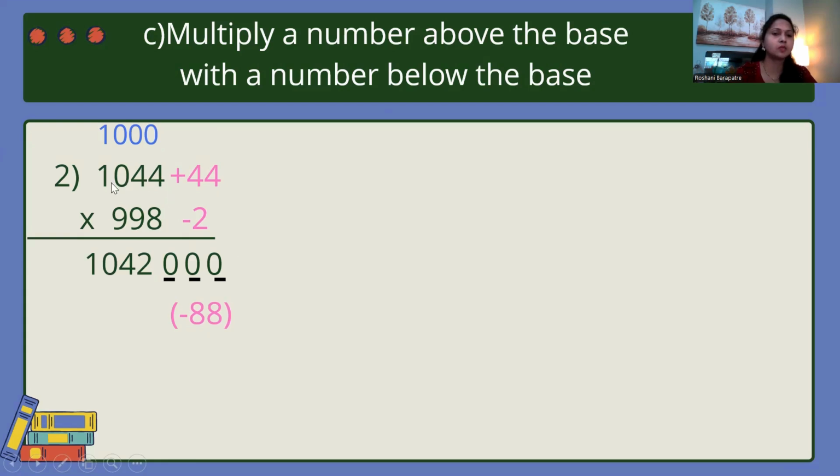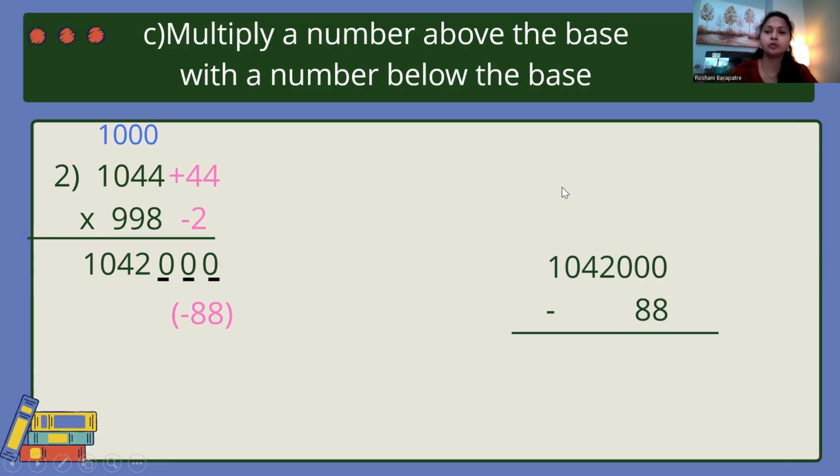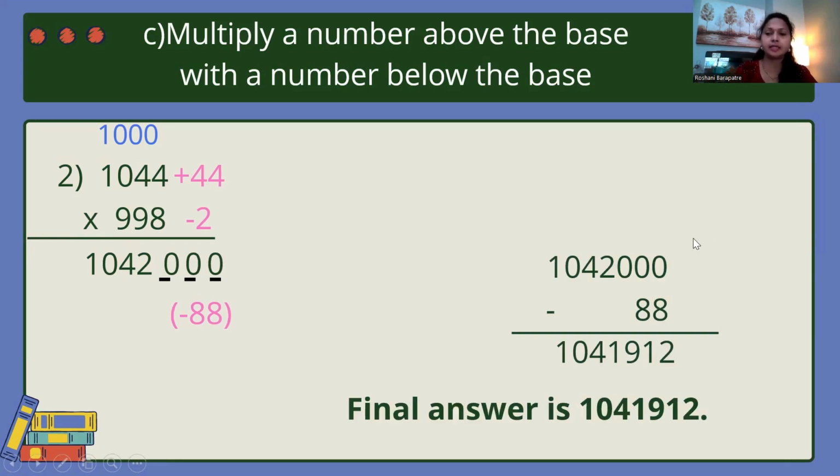And then the cross answer is 1042 right here. This is not our final answer. We need to subtract this. Okay. Now do the subtraction here and get the answer. Now we know the subtraction rule: last from 10 and all from 9. If you check this, 2000 minus 88: 10 minus 8 is 2, 9 minus 8 is 1, 9 minus 0 is 9, 2 minus 1 is 1, and now 4, 0, 1. In this way, you will get the answer.